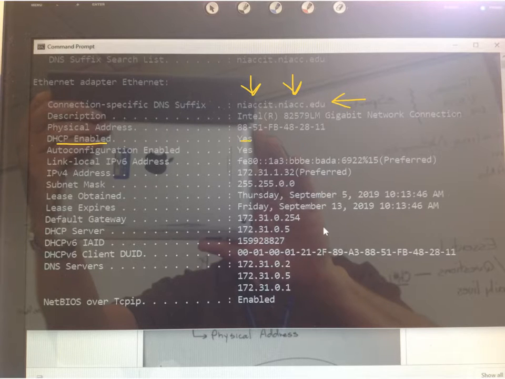DHCP, yes. So this computer got this address right here from a server. So this is the client, and then it contacted a DHCP server, and then that server gave it this address.